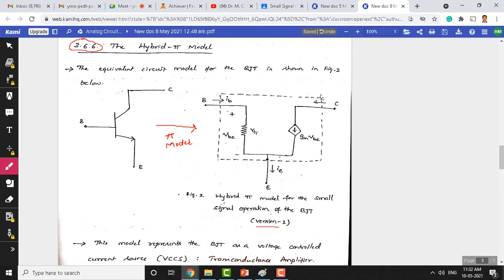So I told you the importance of how we get this resistance R pi. By understanding the theory behind this circuit, we came to know that there is a resistance between the base and emitter looking into the base, that is R pi. The AC signal that we need to apply between the base and emitter is shown here as it is, without any change. This is an AC signal, and this is an AC current, the base current, that is coming into the base terminal of a transistor.